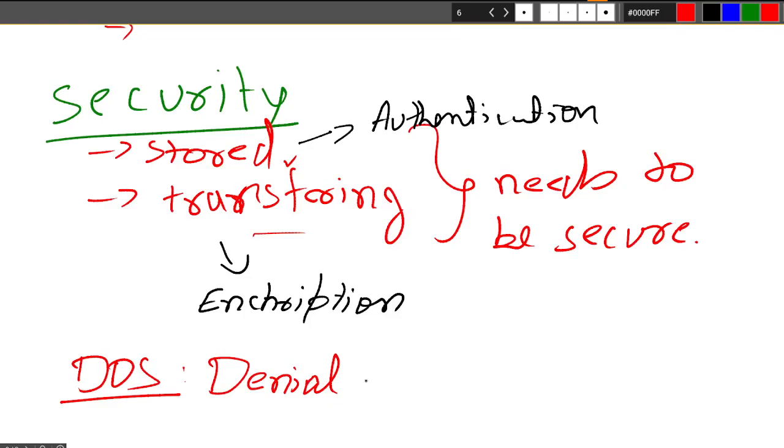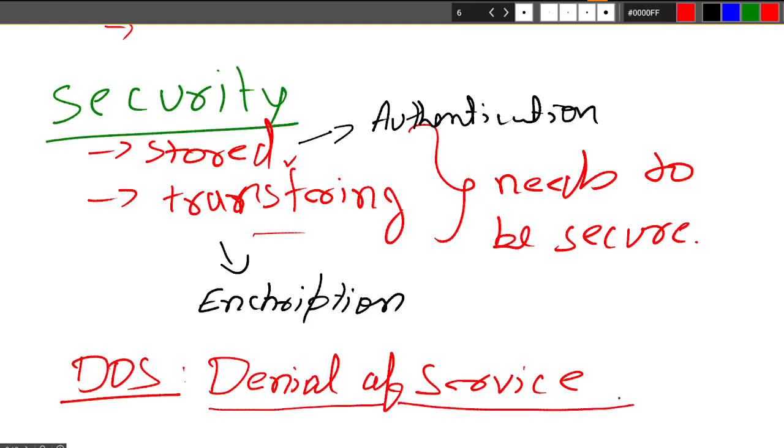Although several methods and algorithms are available which try to detect the denial of service attack, till now we don't have a concrete solution. Let me talk a little about denial of service attack before moving further.